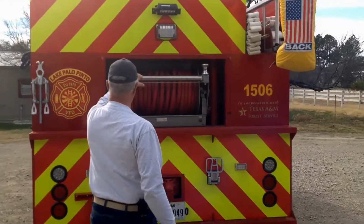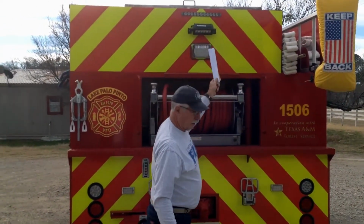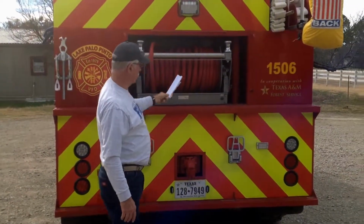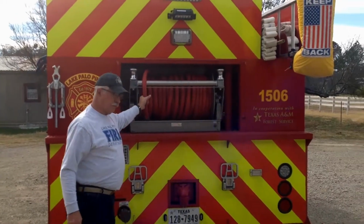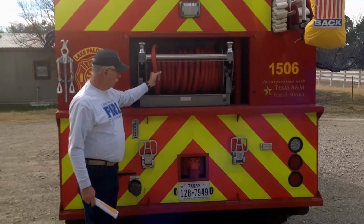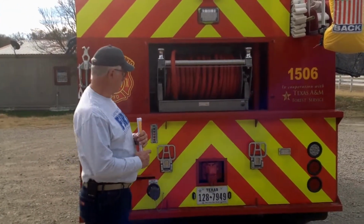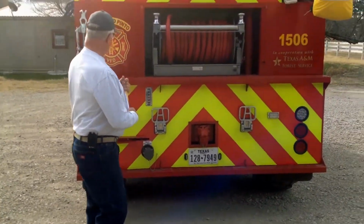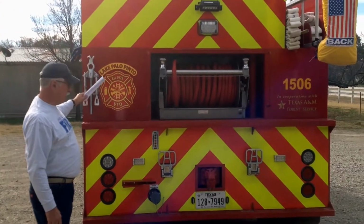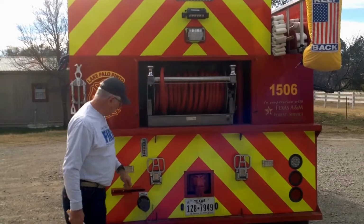Starting up the top of the truck, you can see there's another work light up here. It comes on at the same time as the ones on the sides. And then you have 150 feet of red line here. This is 1-inch red line. This is a bigger red line than you have on your brush trucks. It's all 3/4. You have your spanner wrenches and your hydrant wrench here on the side, and then on the lower part